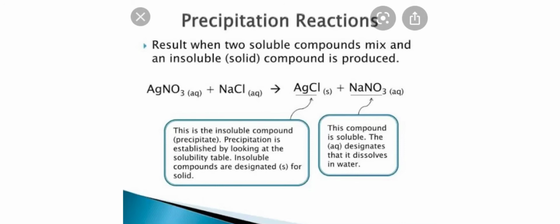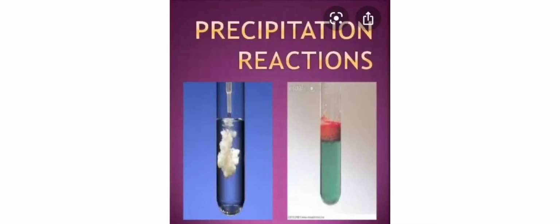Let us consider the reaction. When silver nitrate reacts with sodium chloride, silver chloride and sodium nitrate are formed. Here you can see that this is the example of double displacement reaction. And in this reaction, sodium nitrate, that is NaNO3, is soluble. It will get dissolved in water, but this silver chloride, that is AgCl, is insoluble and it will be obtained in the form of precipitate. So this reaction is a precipitation reaction. Here you can clearly see the insoluble precipitates formed in a test tube during any chemical reaction.